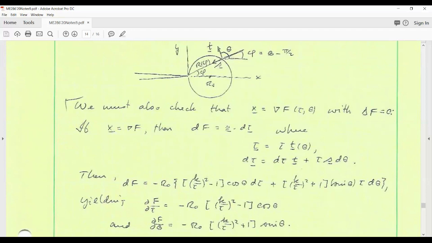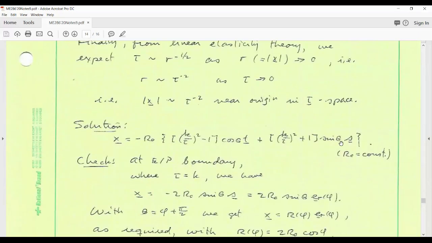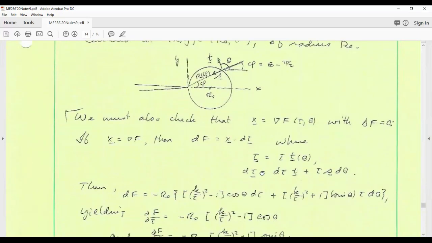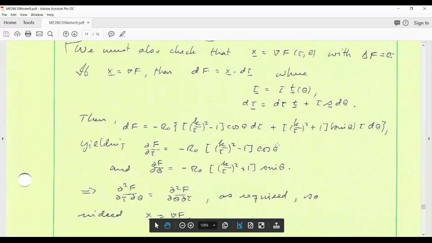So take the x that we have above, which is written in the TS basis, and dot it with this expression for d tau, and you'll get this expression for df in terms of d tau and d theta. So if there is such an f, it must be the case that this coefficient with the cosine must be df d tau. And this coefficient with the minus r naught in front times tau